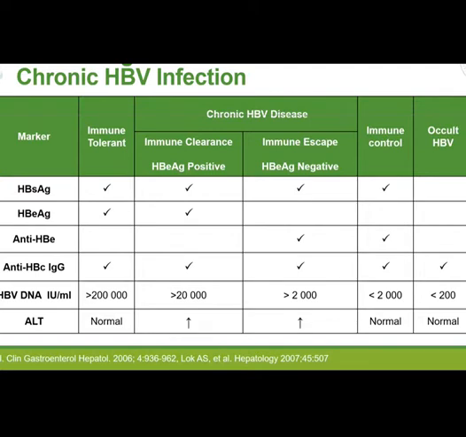While in cases of immune clearance, the immune system recognizes hepatitis B virus and starts to clear it. In these cases, the ALT is typically high, and these are the people who have more chances of developing liver fibrosis. It may last for weeks to years, and it ends up with the clear seroconversion of hepatitis B E antigen.